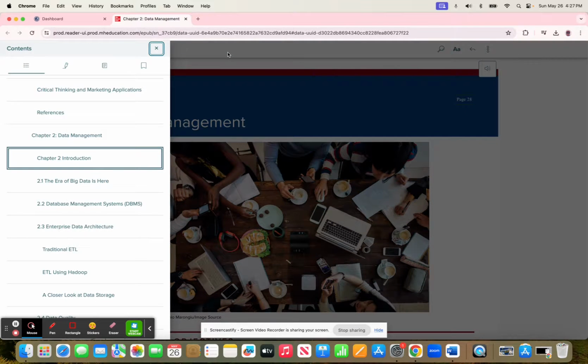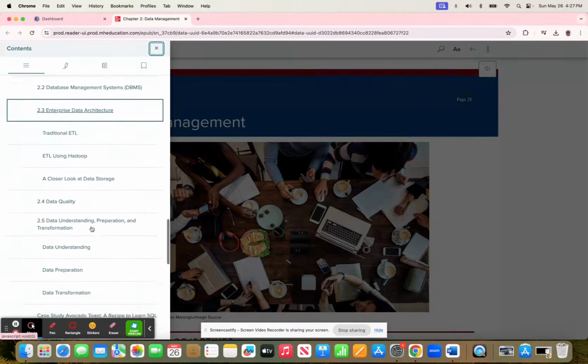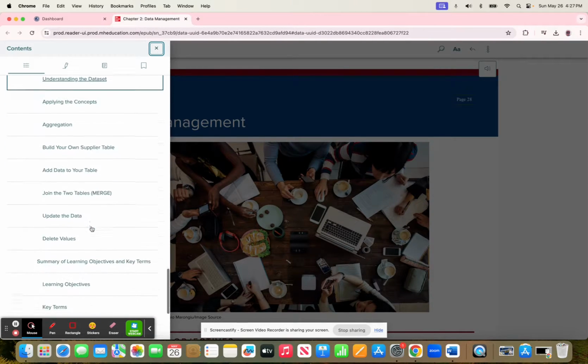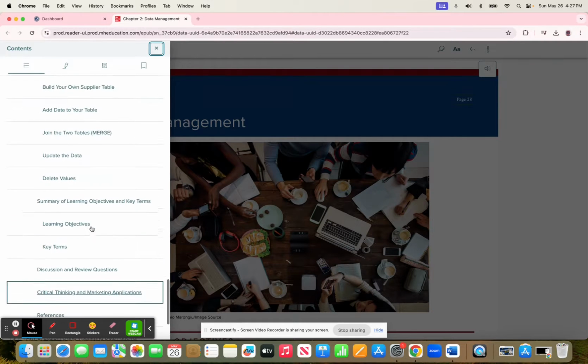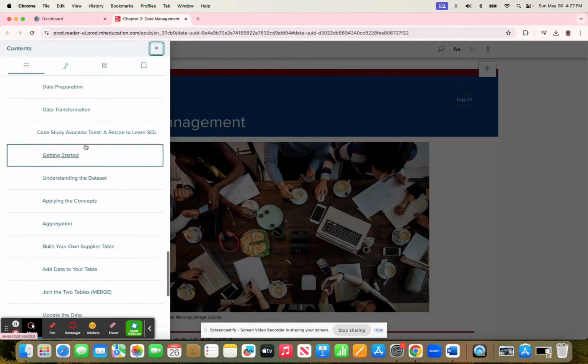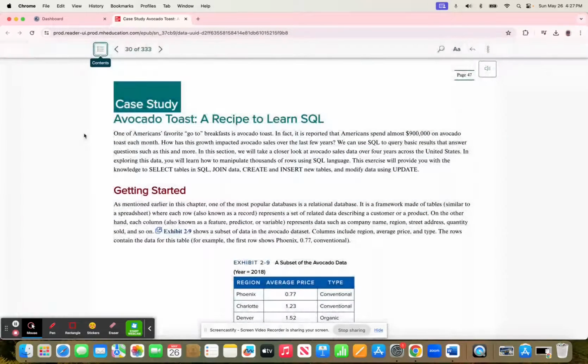And so, with that information, what I would recommend is that you read chapter 2 first for context. And then, once you've read about chapter 2 information, there's a case study on there, avocado toast. And if you refer back to the Analytics Activity 2 instructions, there's an attached data set on there,